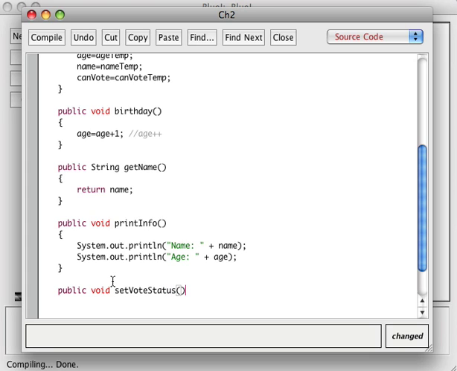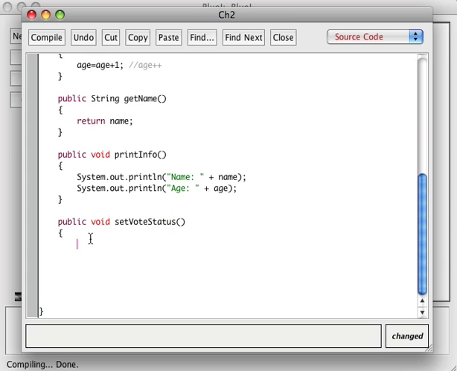Right? Nothing's passed in because again we're accessing the fields. So what we will say here is if age is greater than 17, I actually need that space there. I just like the way it looks better. It's easier for me to read. If age is greater than 17, then I'm going to do,